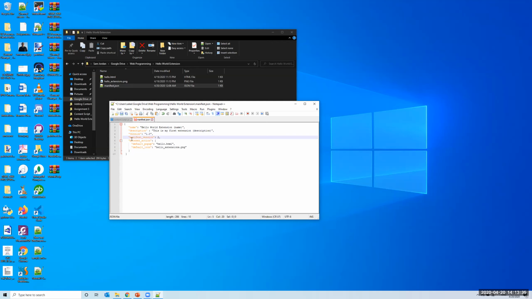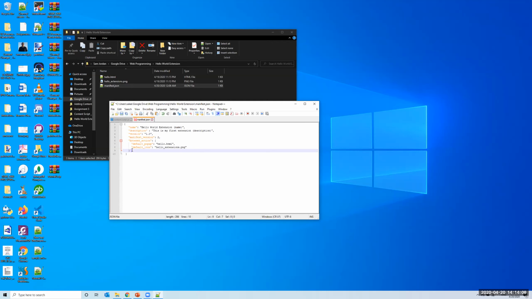The fourth field I have in my manifest is called manifest_version. This is set by Google, by Chrome right now, which is 2. You cannot have any other value other than 2 until Google changes it. The type of the extension that I'm going to make is called a browser action extension. There are other types of extensions that you can create. Browser action, and there is another one, page action, and you can also have